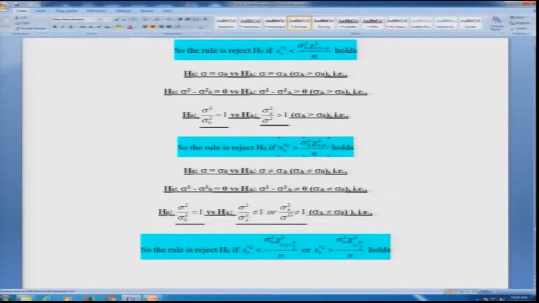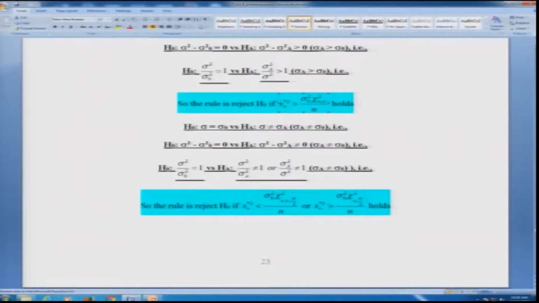So, obviously, it is two sided. In this case, if it is two sided, you will reject H naught if both the left hand as well as the right hand are true. In the sense, you have basically S dash being less than or equal to chi square n, 1 minus alpha by 2 into sigma square suffix 0 under H naught. So, this is 1 minus alpha by 2 because it is two sided, divided by n as it is,